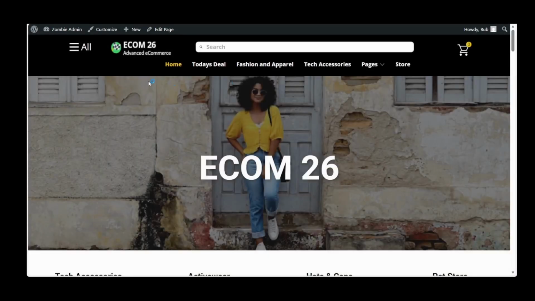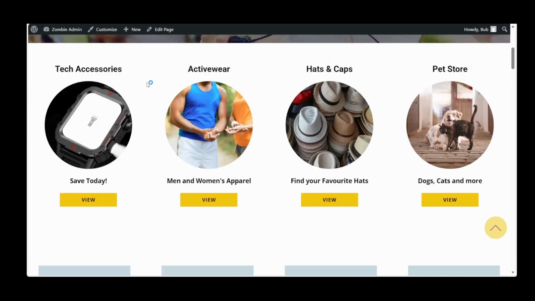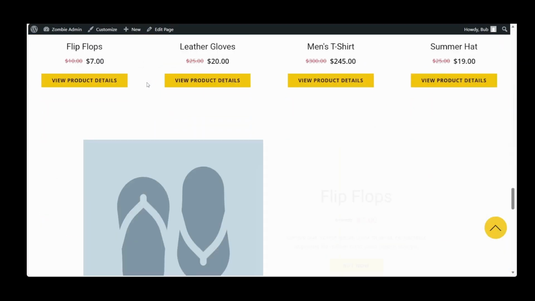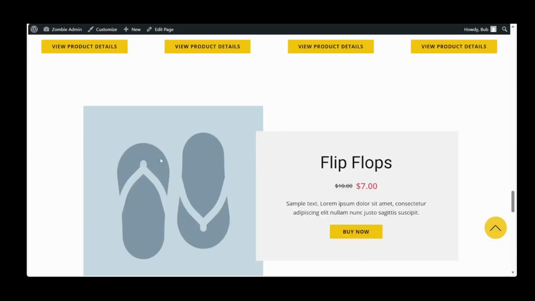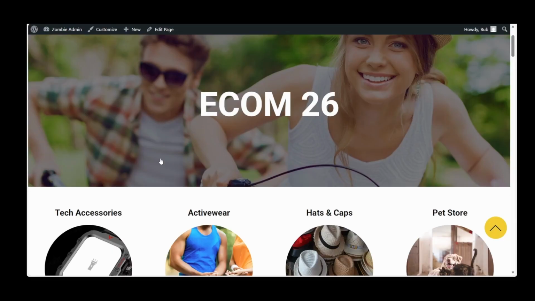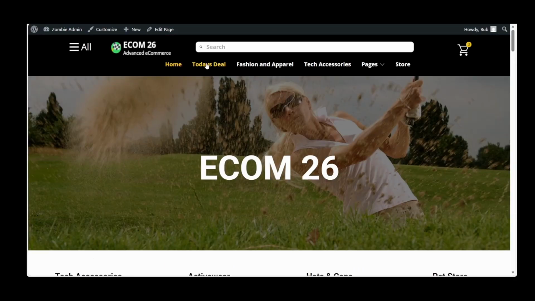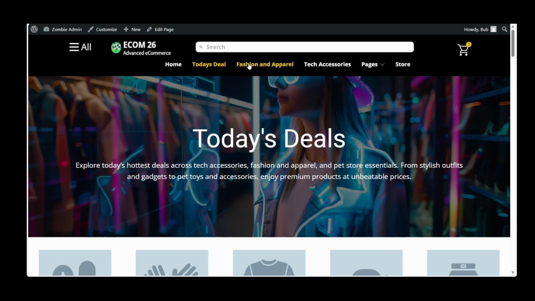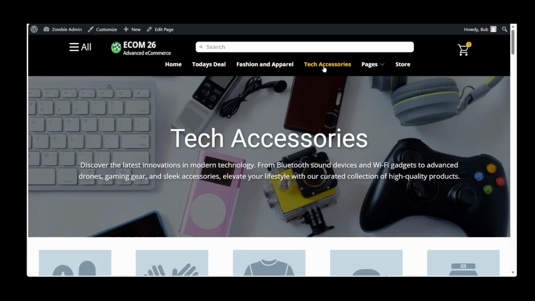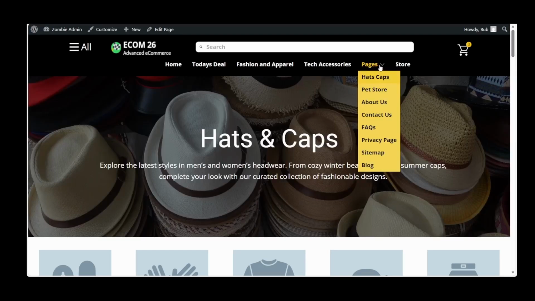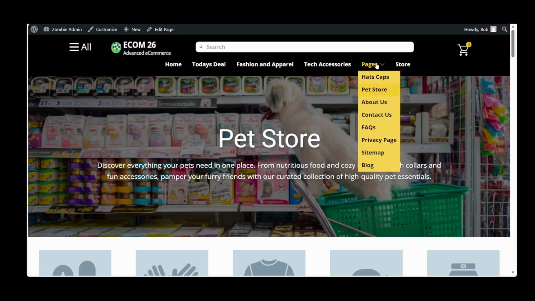And we see we have logo top, we have logo bottom, we have 4 footer placements that we've seen in the back end. We have today's deal custom page, we have fashion and apparel custom page, we have tech accessory custom page, we have hats and cat custom page, we have pet store custom page, and so on.